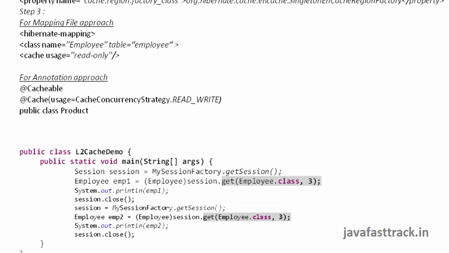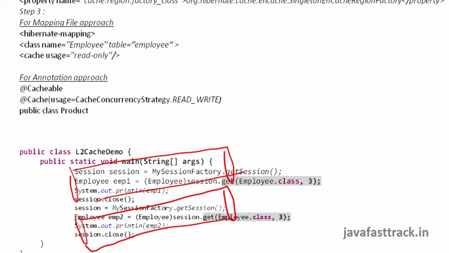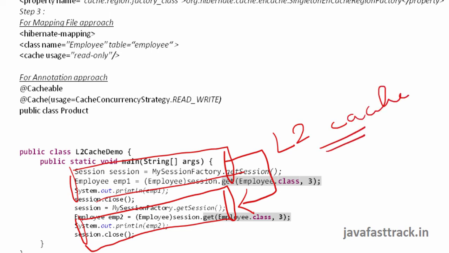Once you do these 3 small changes, you will see that caching is happening across sessions. As I told earlier, we had session 1 and then we had session 2. Data from one session was not available to other session earlier. Now what we want to do is, we want the data from one session to be available to other session. That's why we are using L2 cache. So once you configure L2 cache, you will see that data from one session is available to other session.